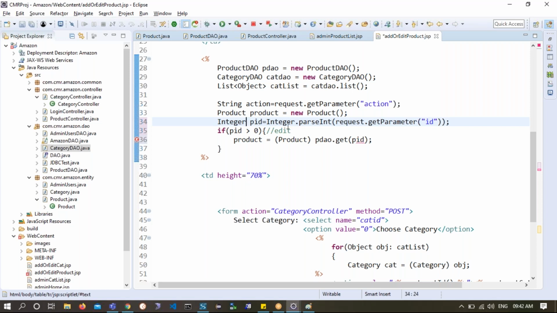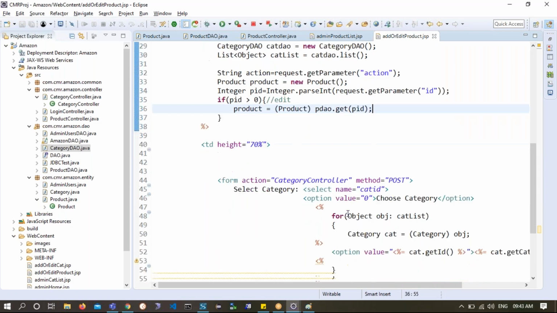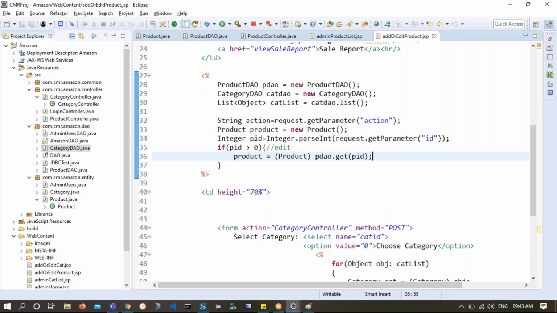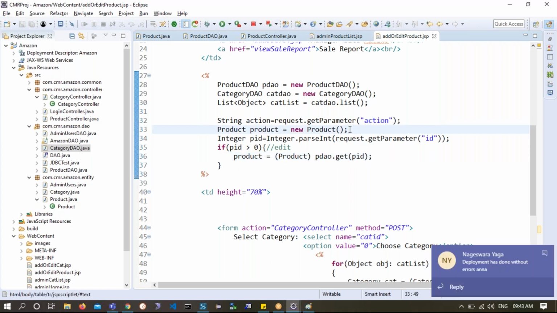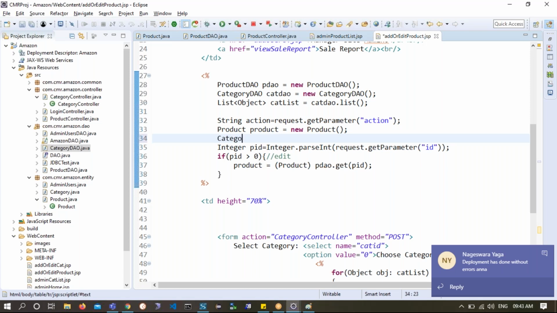Into PID is equal to integer at % of, if PID is greater than 0, product is PDAO dot get of PID, right? So I have got my product. Now after I have received this product, I would be using it to be showcased over here, but I wanted to get a category based on this product also, and on the top along with the product I'll try to have a category